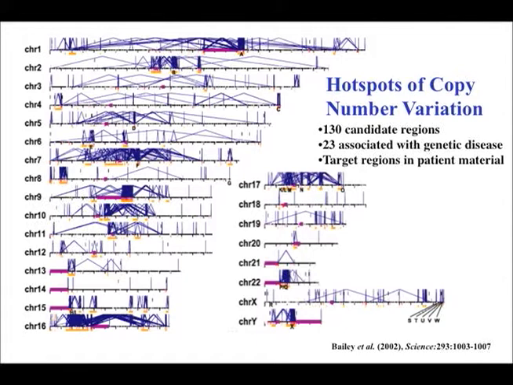And so the way to think about these duplications is to think about segments of the genome that have duplicated somewhere in the past, millions of years ago, but not so far in the past that we can't still see that they're highly identical and related to one another. And so what you're looking at here is a map of all those segmental duplications. And we knew from studies that had been done almost 75 years ago that when you have duplicated sequences that are perfectly identical, they can actually trick the recombination machinery during meiosis, such that a recombination event occurs where it shouldn't occur.